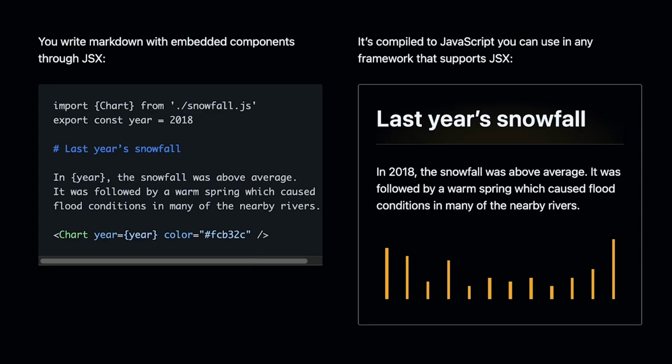Now, since I have control over my platform, I don't just want a regular blog. I want a blog with interactive components. And this can be done by using MDX. MDX is the markdown for the component era. It allows you to embed JSX code in your markdown files, and this JSX actually gets rendered. So you get the awesome authoring experience of writing markdown, but at the same time, you can have interactive components